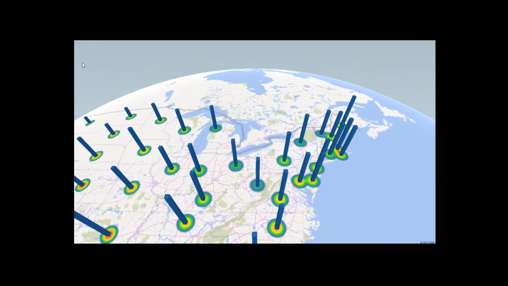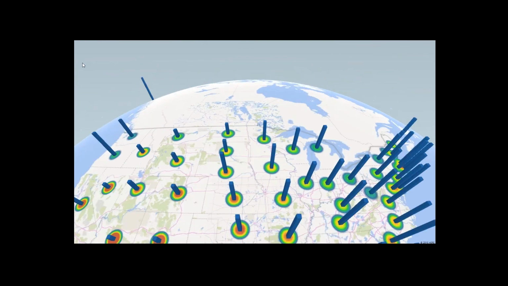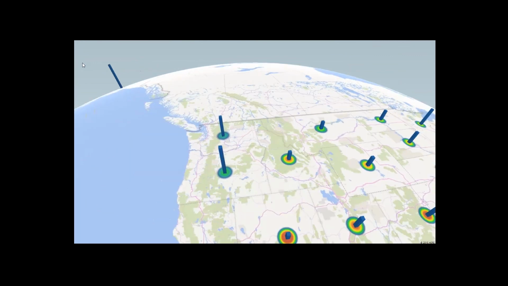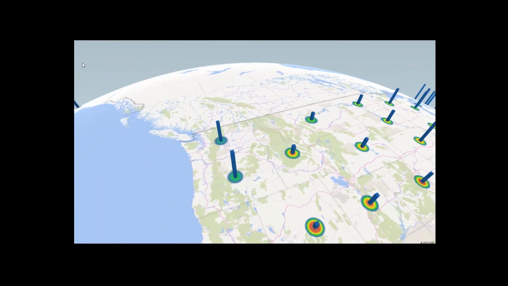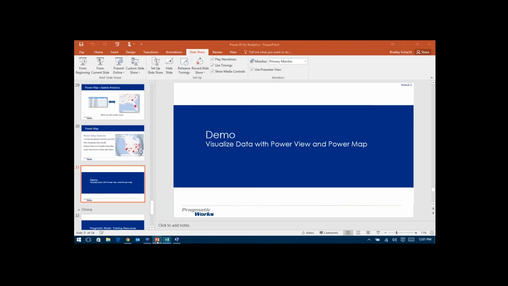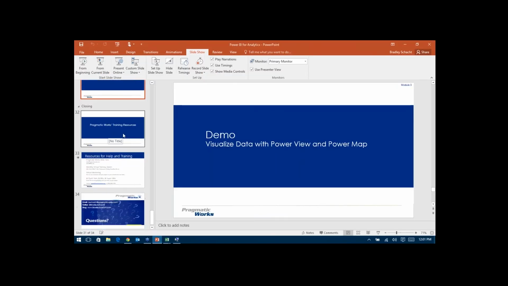I did these for 5 seconds just so we don't take up too much time here. And then this last one, I'll hold the circle, so it's going to go to the northwest and do a little bit of a rotate around there. So we can export all these. We can do all kinds of stuff. We can export them as high as 1080p video and share those out across the organization as well.